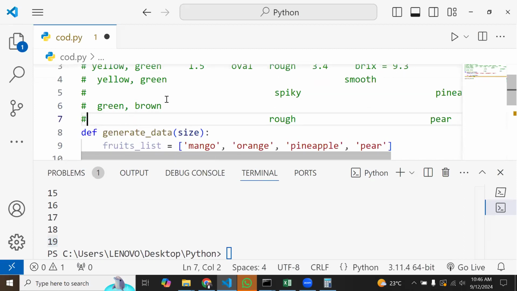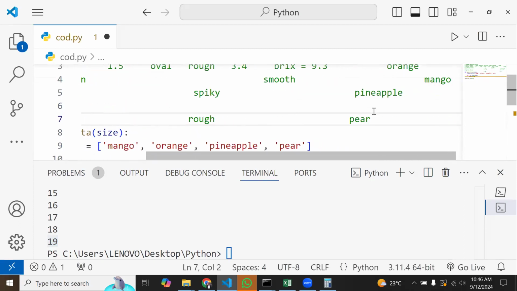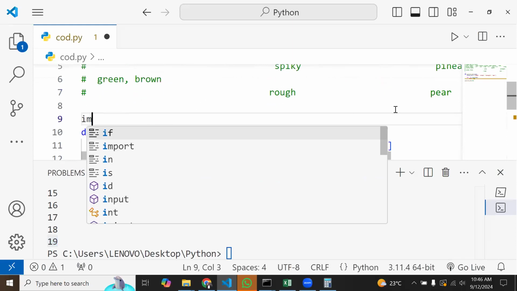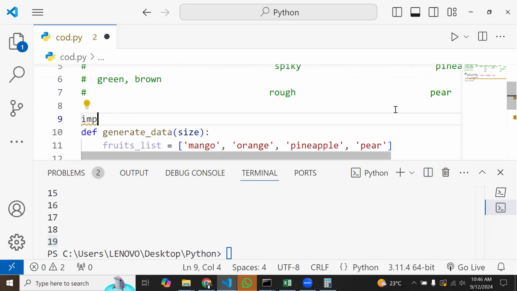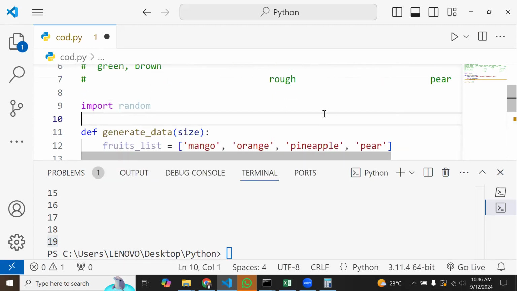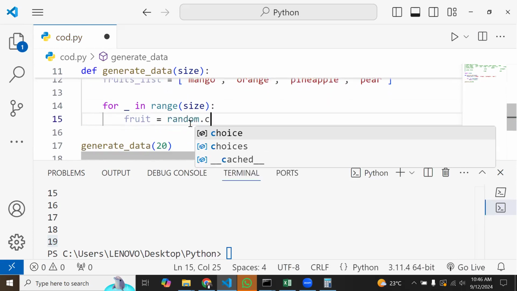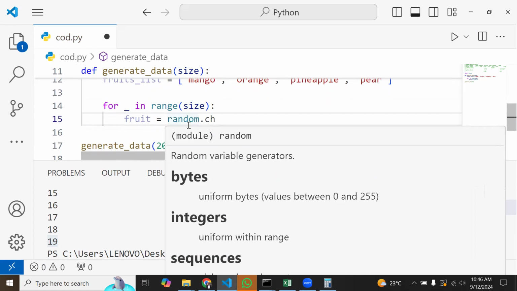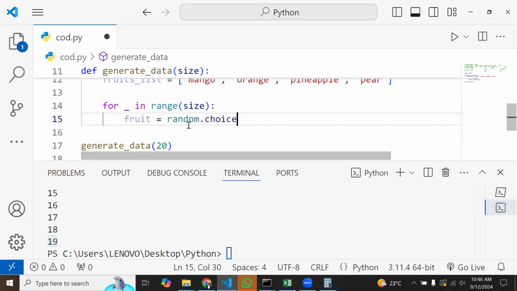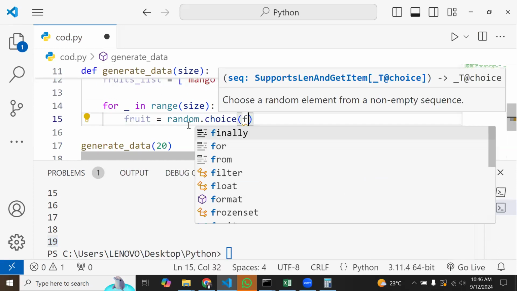So I'm going to say import random, because we want to work with random. So now I can say the fruit is going to be equal to random dot, remember we spoke about choices and choice. So when I say random dot choice and I pass in the fruit list,